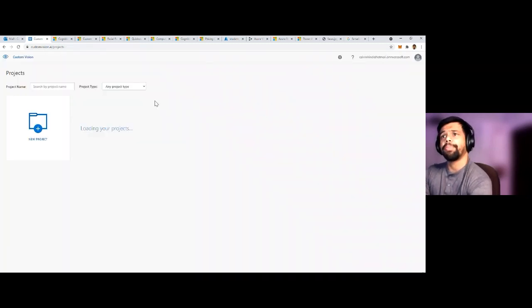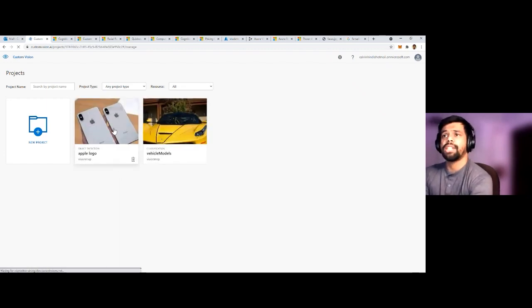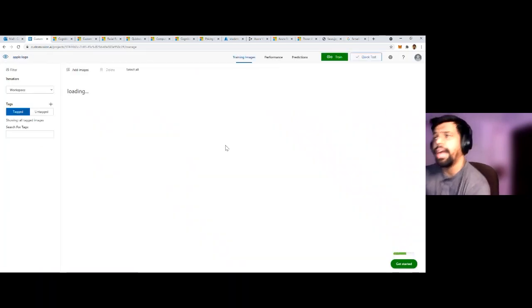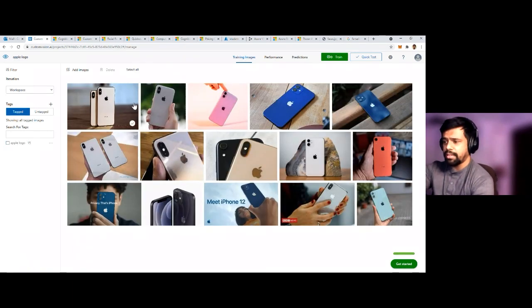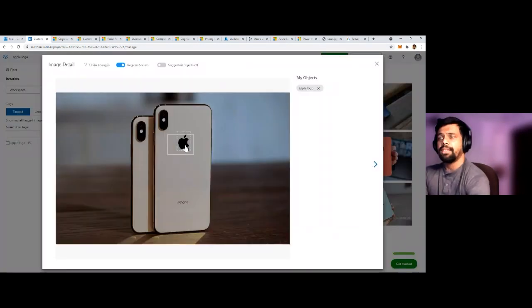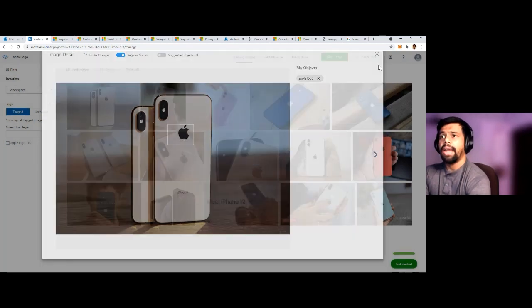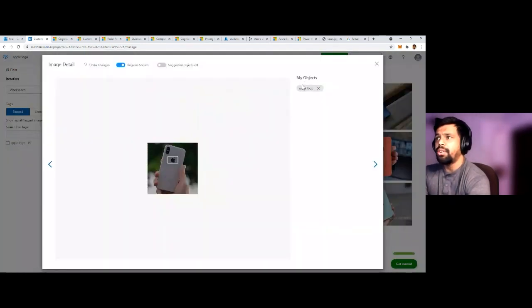Let me go to the other project that I did, which was the object detection model. Here, what I did was I trained with a couple of images and I trained the custom model to identify the Apple logo. Now, if you go to this, as you can see, I have trained this to identify the logo. And likewise, you can drag and drop, and you can just tag it, and you're training the model just by